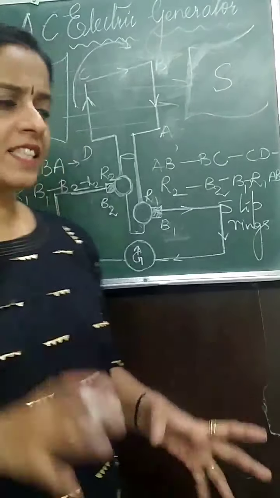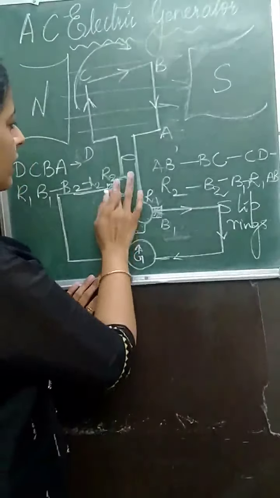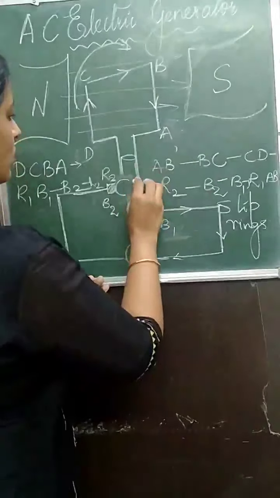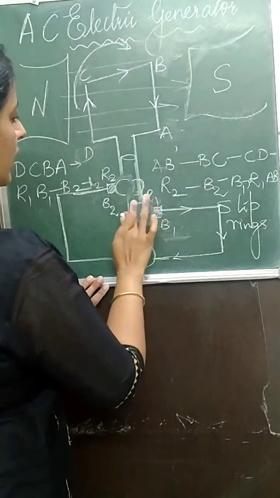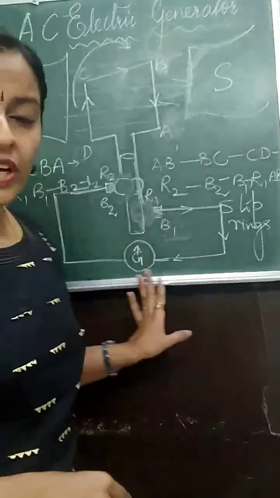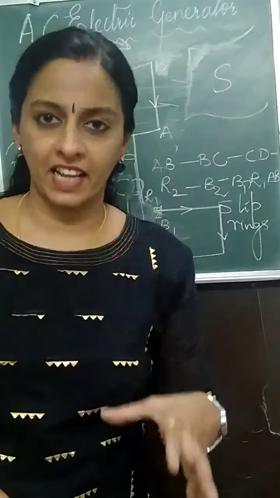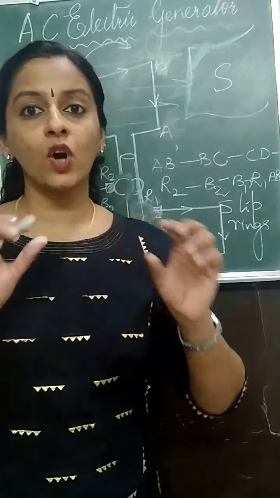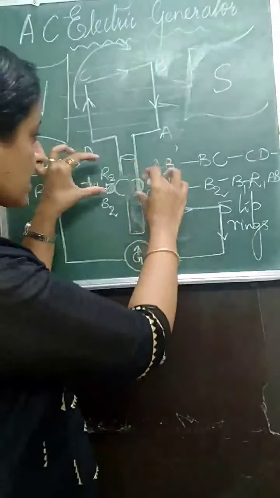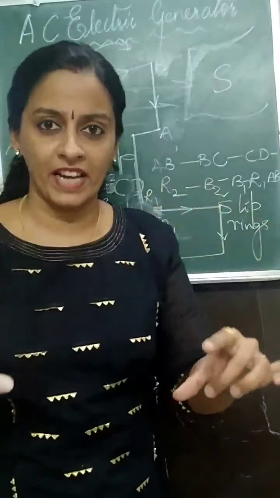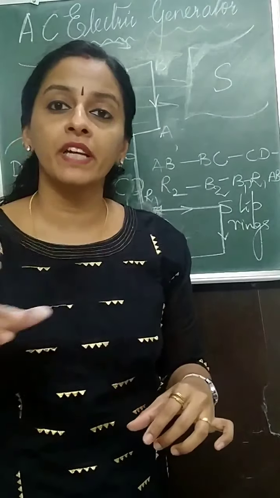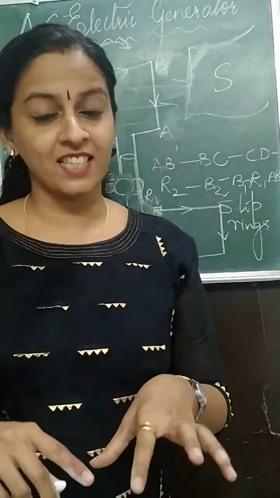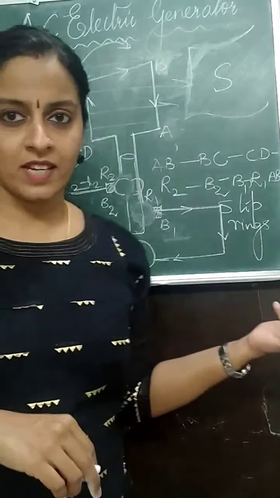Now if you want to explain DC generator, what small change you will make here? You will draw the diagram same like the motor, that is two halves. So this both will come here and you are connecting an axle. So in DC generator we use split rings instead of slip rings. Because of the split rings the coil will move, but the external circuit is always connected in one direction. So the current will also be induced in one direction. In alternating, the current will change its direction because of the slip rings attached.